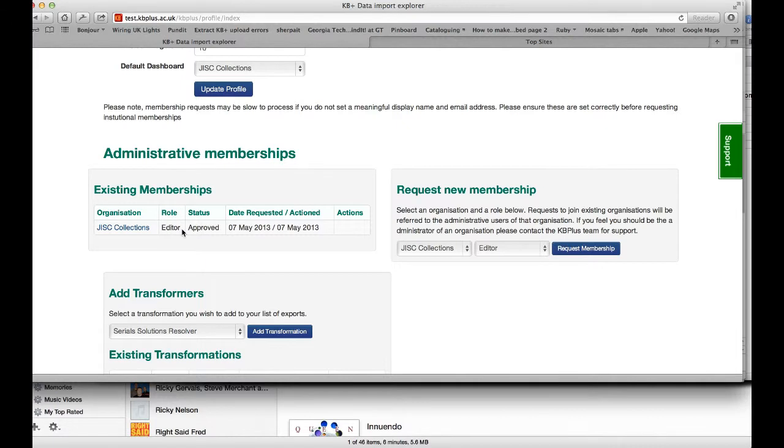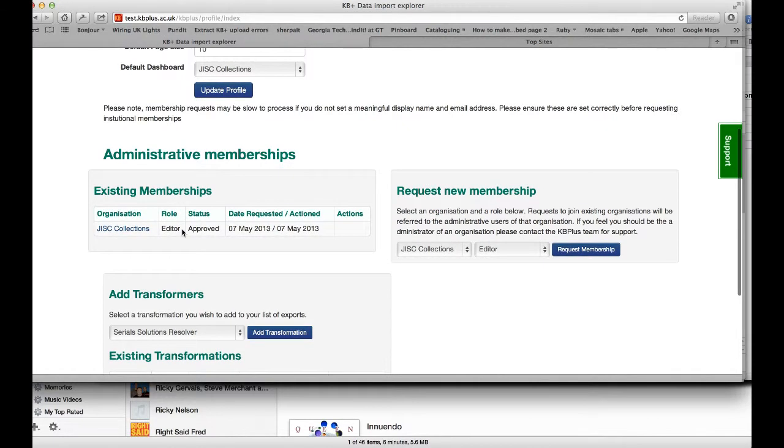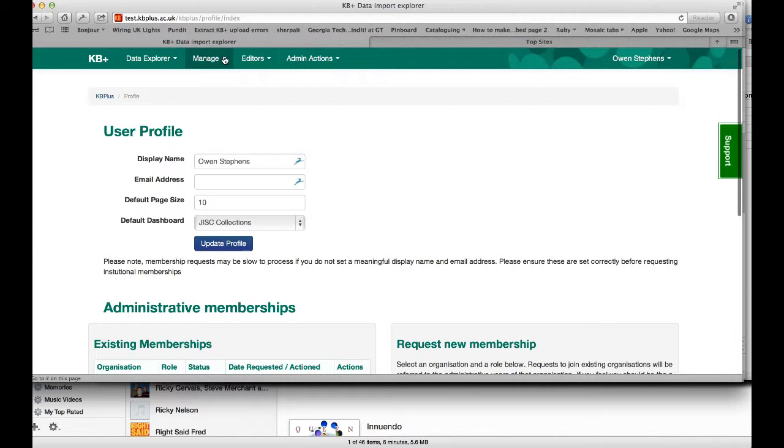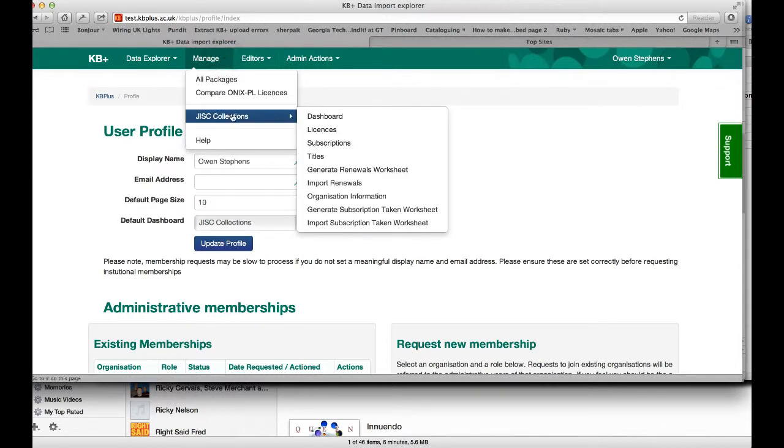If you're an editor for an organisation, your institution, then you can control who else is a member of your organisation, and you do this via the Manage menu. If I click on the Manage menu and look under GIST Collections, you'll see there's an option to see my organisation information. I'm going to click on that,